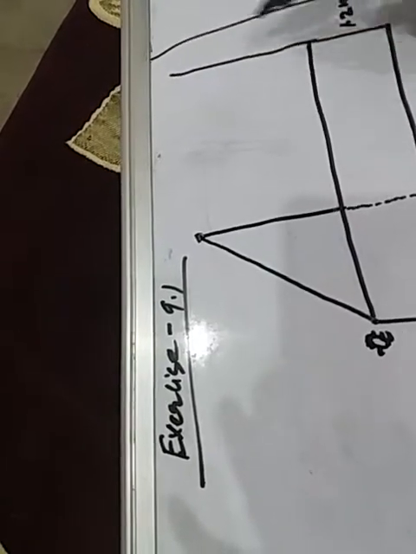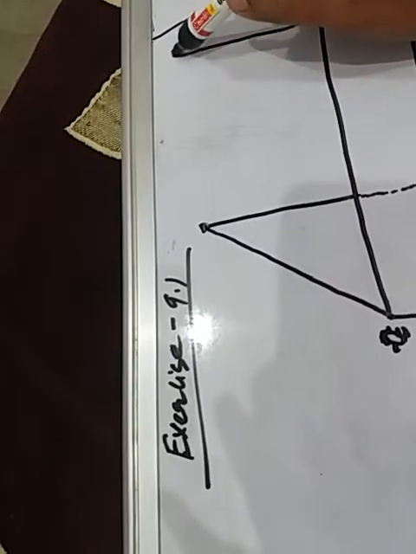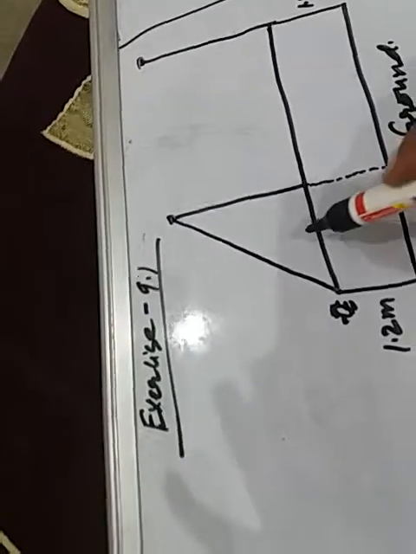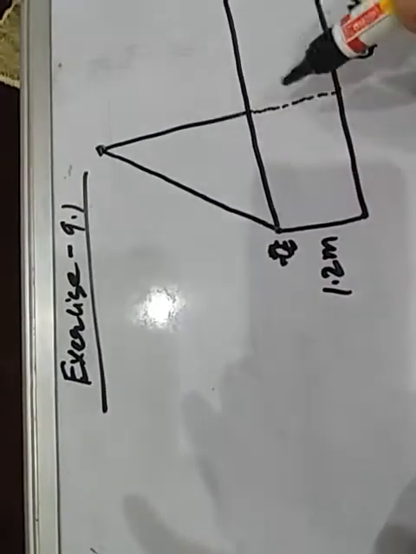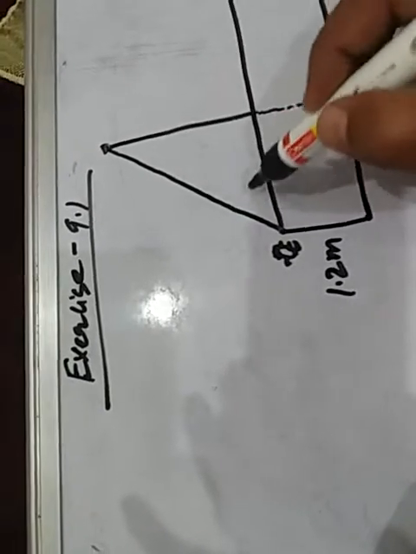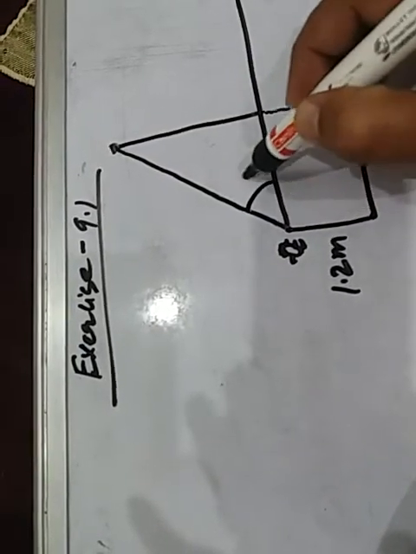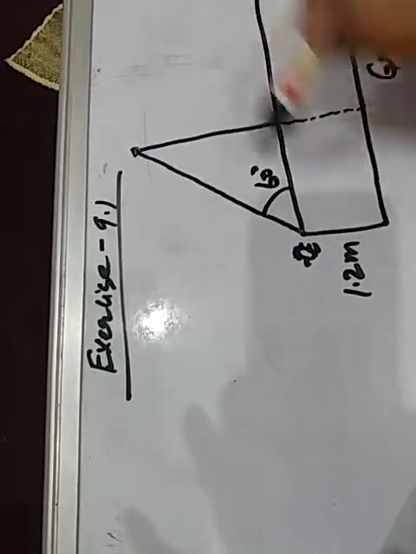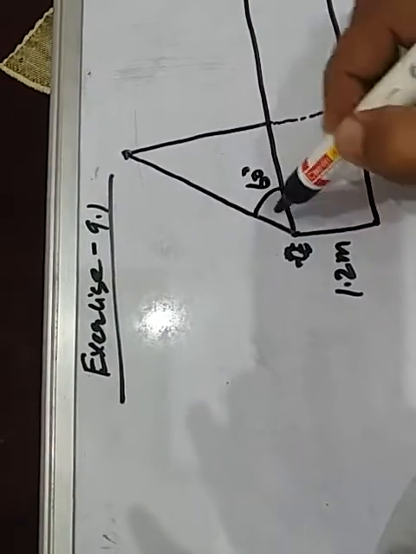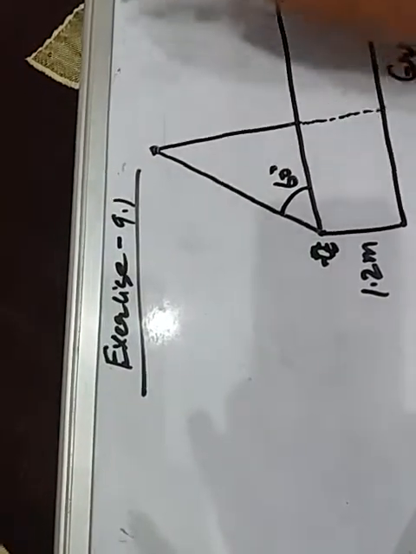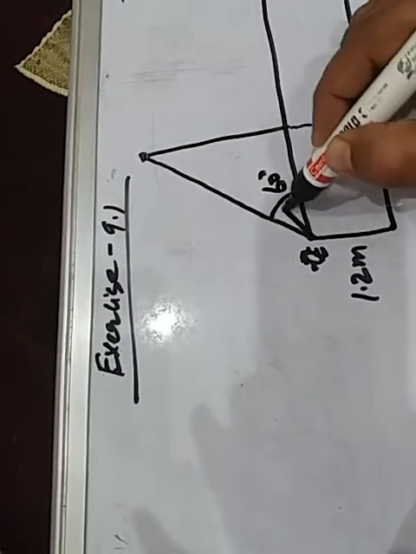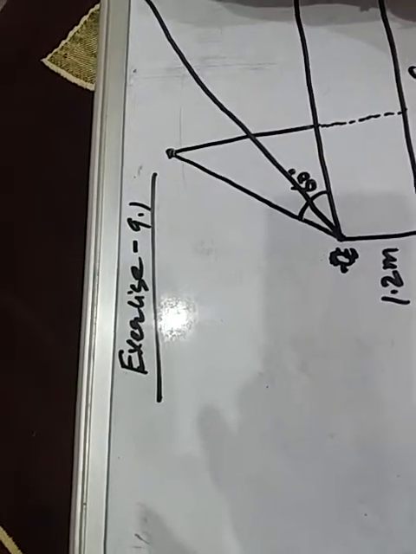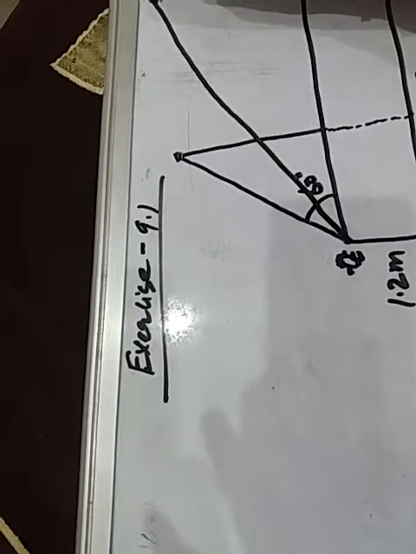With the constant height, this is the final position of the balloon. Clear? And what is this angle? This angle is 60 degree, the angle of elevation of the balloon. And now see, the observer is at the same point, and now the balloon has moved from here to here with the wind. Clear? And now it reached over there. This is the final position of the balloon.